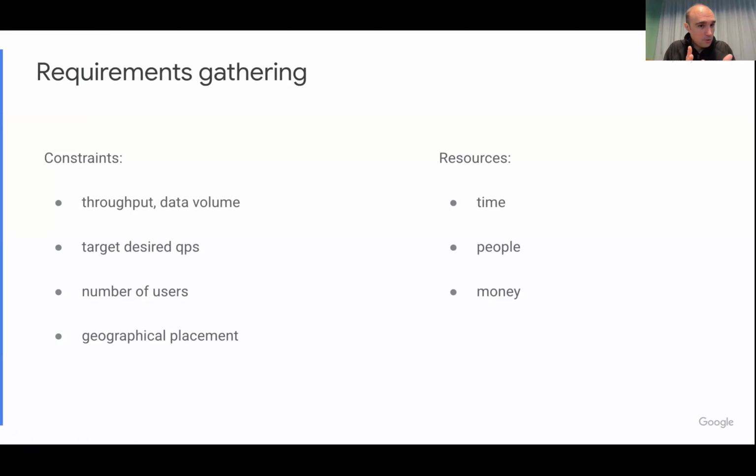So all these things need to go into your requirements, your understanding of what is the system that you are solving for, right? You have three resources that you're going to be able to use. I think you might understand this very easily, because you have time. Time is a resource that is constrained. You cannot say, hey, we want to launch a competitor for Google Photos, and you're the startup and we're going to need 10 years to build it. You're not going to be able to get to market, right? So time is something that you need to minimize. You need people, right? But it's not that you say, hey, instead of 10 years with 10 people, I'm going to put 1,000 people, and I'm going to divide my time by 100.